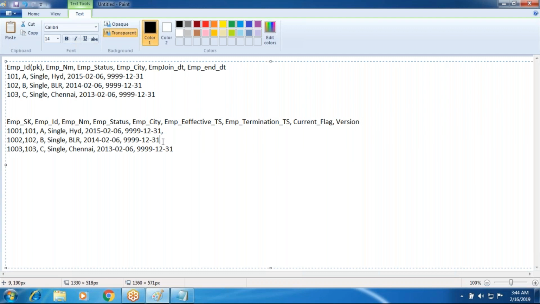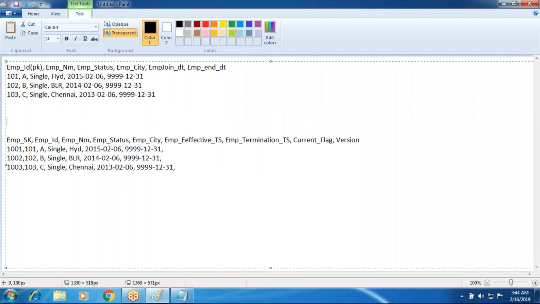Current flag, how it is going to generate, I'll tell you. Current flag will be generated with a condition. What is that condition? If the termination timestamp is not equal to 9999-12,